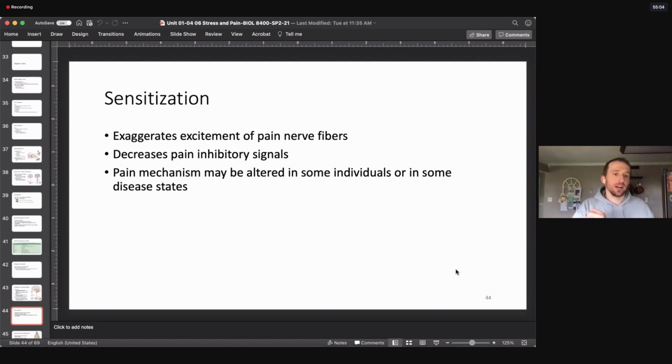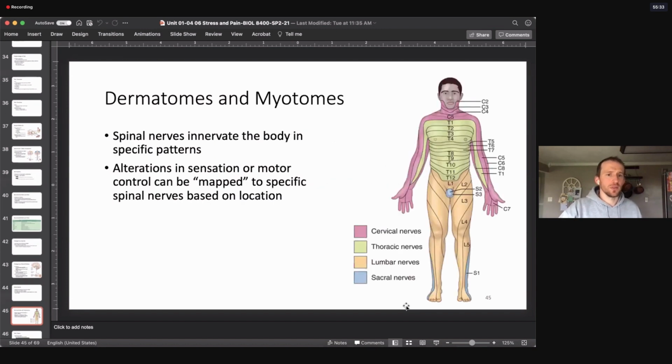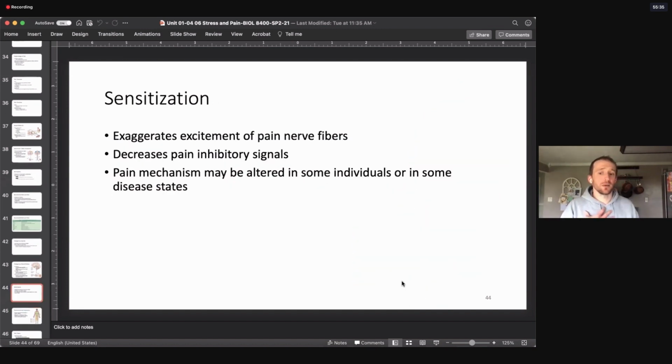So that is tolerating. You can also have sensitization, which can exaggerate pain nerve fibers. You will do that primarily through decreasing the inhibition of those pain signals. There are desensitization consequences in different disease states, right, where pain signals aren't getting gathered. Arguably, the one that comes to mind first for me right now, at least, is the idea of diabetic